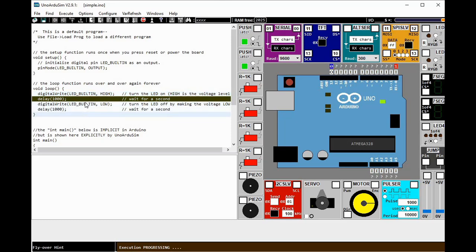In this case, we have included the LED built-in. Once you were able to run this program, take note of the pin 13, which also changes its value from 0 to 1.